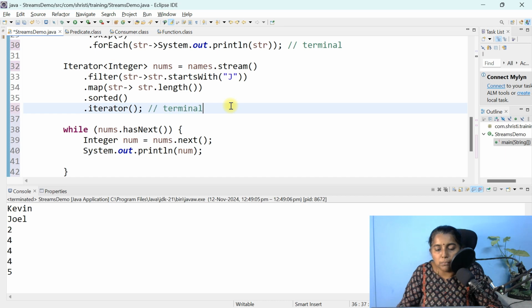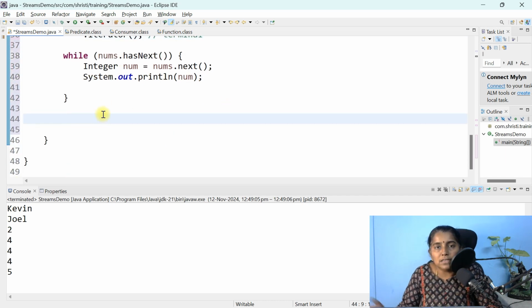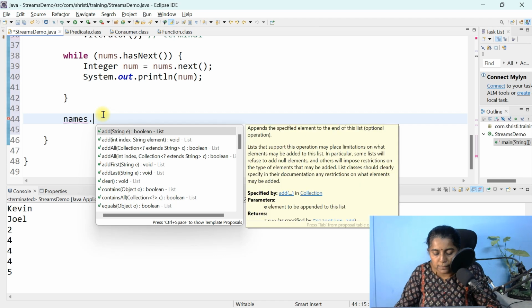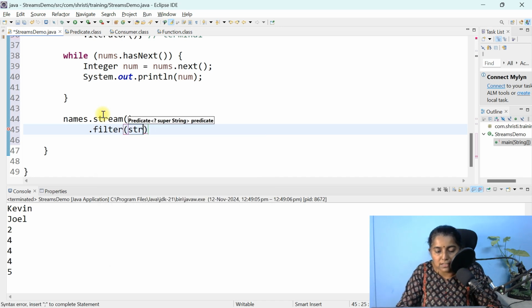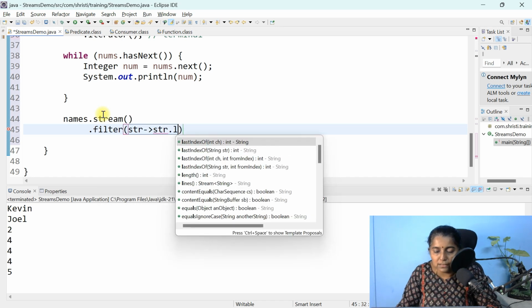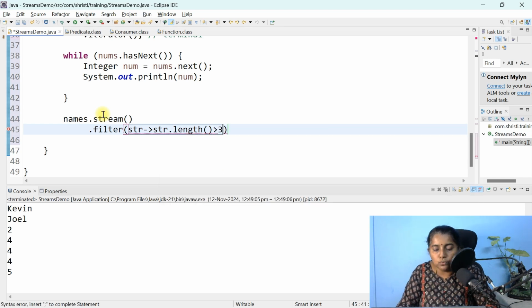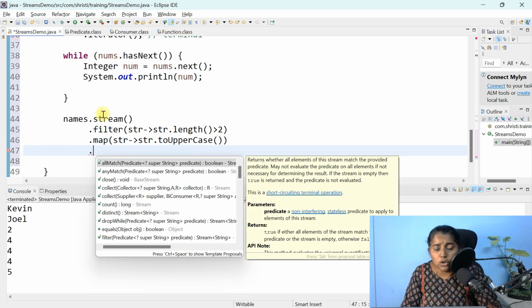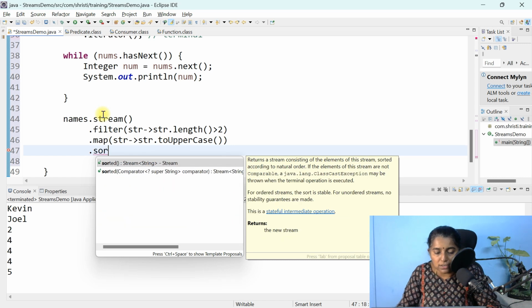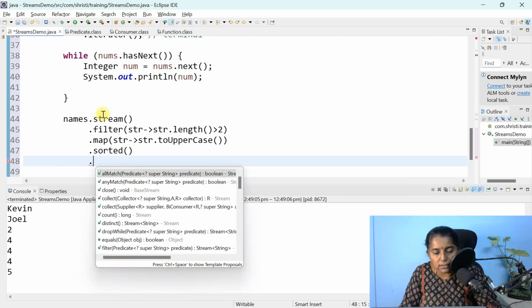There is one more which is very important, that is collect. I want to convert the stream back to a list. So how to do that? We have to use the method collect. Names dot stream dot filter str dot length greater than 2 dot map. I want to convert every string into uppercase. str dot to uppercase. I want to print everything in alphabetical order. So dot sorted, then dot